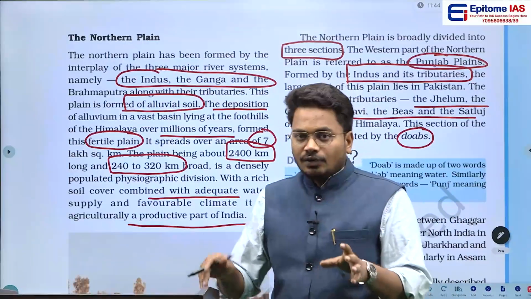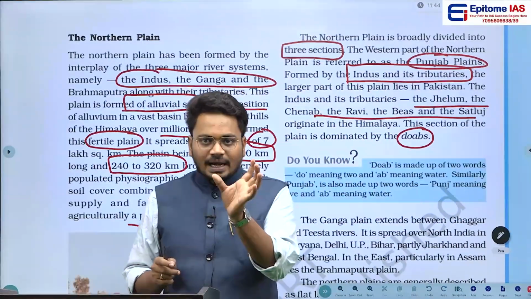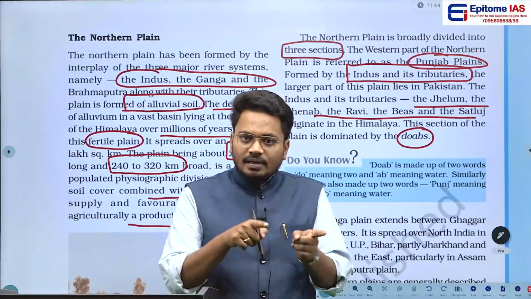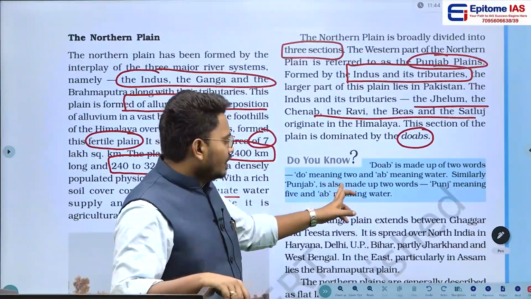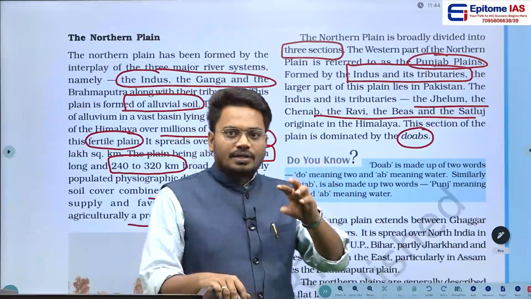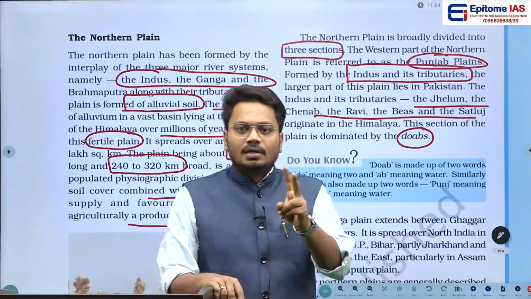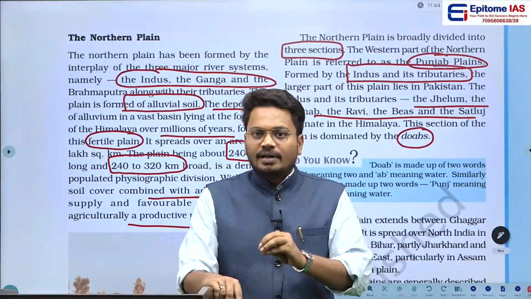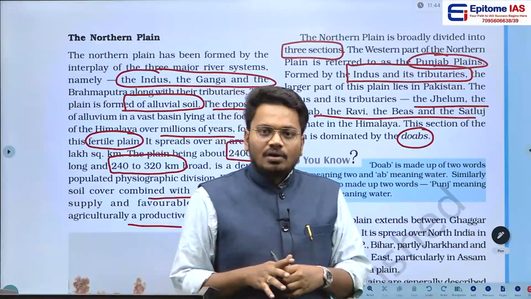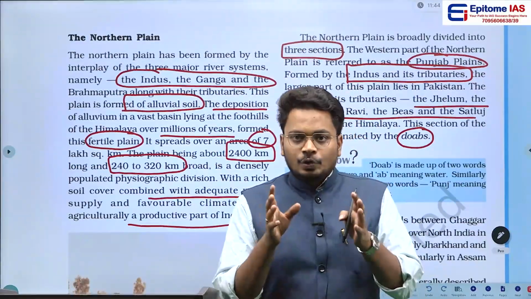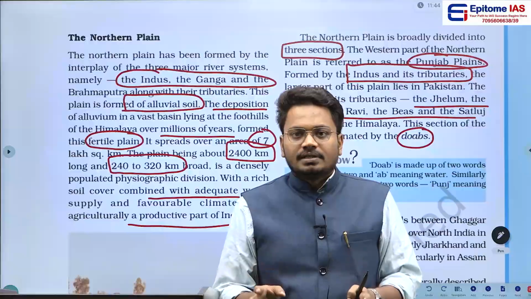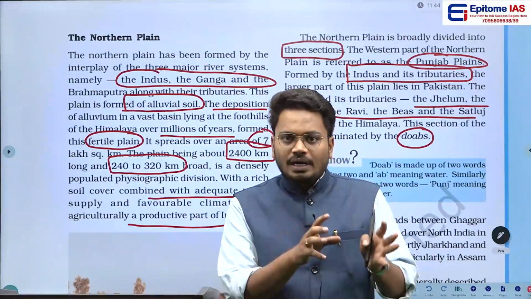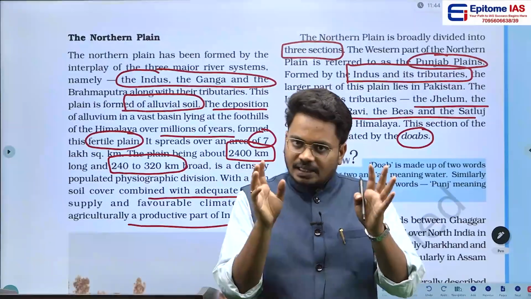Doab is nothing but, if you break that particular word Doab, you will see Do plus Ab. Do means two, Ab is nothing but water, running water. That means the area which is formed because of two running waters, that means two rivers. So, that particular zone they are calling a Doab, right. Doab is nothing but a plain,